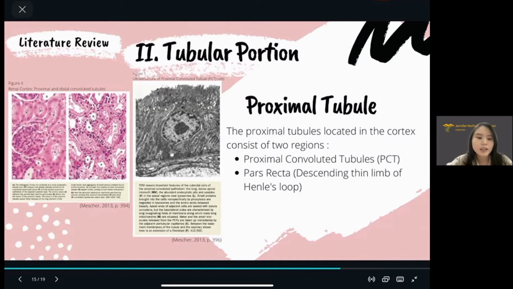Here, the proximal tubule is responsible for reabsorbing 80% of water, sodium, and chloride. This tubule also absorbs 100% of protein, amino acids, and glucose from the glomerular ultrafiltrate through the vacuolar endocytic apparatus. The secretion of organic solutes like drugs and toxins is also done here.